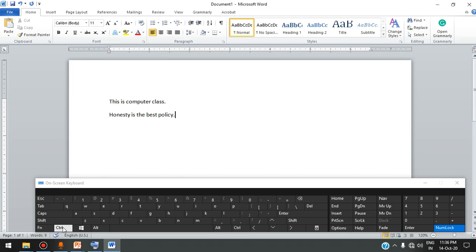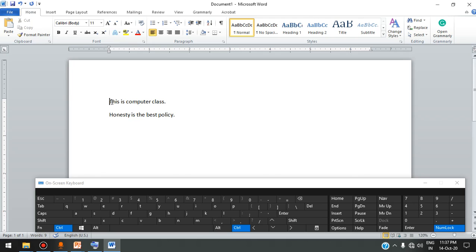This is the control key, this is the first control key, and this is the second control key. We can use either this control key or this one, it depends upon us. Now to use the control key, we will press the control key and keep it pressed. Now if we press this Home key, the cursor will move to the beginning, at this position of the document. If I press the Home key, you can see the cursor is shifted to the beginning, or we can say the top